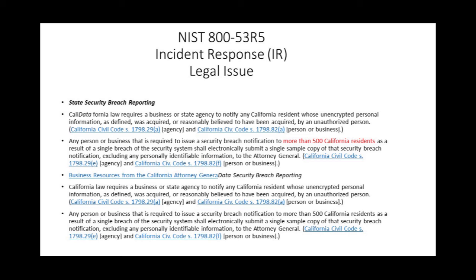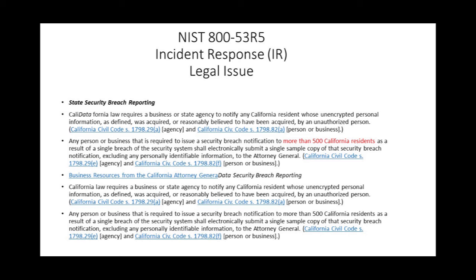Each state has its own security breach law, so I looked up California's. California law requires a business or state agency to notify any California residents whose unencrypted personal information, as defined, was acquired or reasonably believed to be acquired by an unauthorized person. California Code 1798.29(a) and California Code